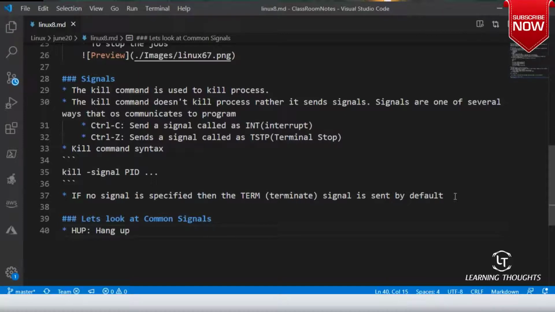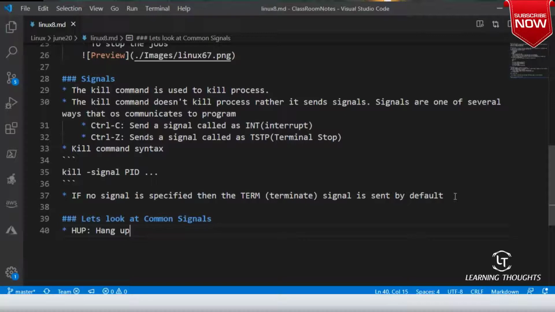Okay, this is from the very old days when people used to do this. Now no one tries to use that. But this signal is still used even these days. Some of the Apache servers use this. This signal is used to indicate that the terminal is hung up, so there is no response coming from the terminal.